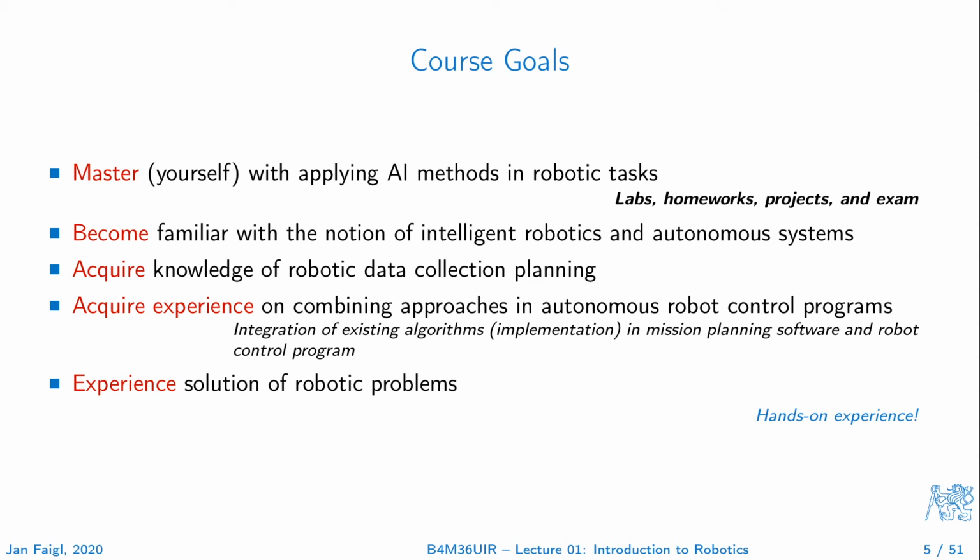We really would like you to become familiar with the notion of intelligent robotics and autonomous systems, and to acquire hopefully deep knowledge about robotic data collection planning, which is one of the strong parts of the research happening at Charles Square,